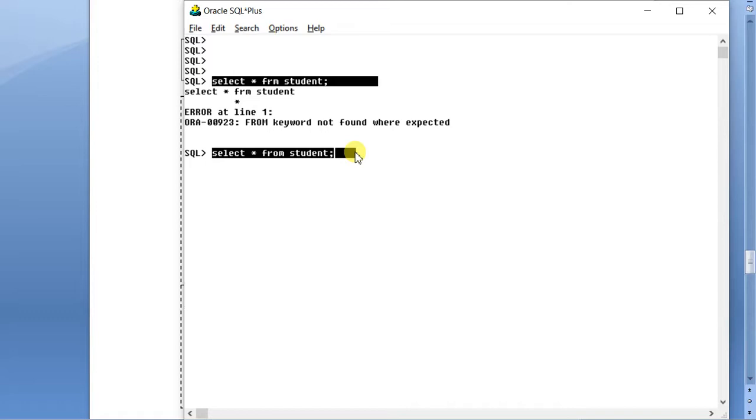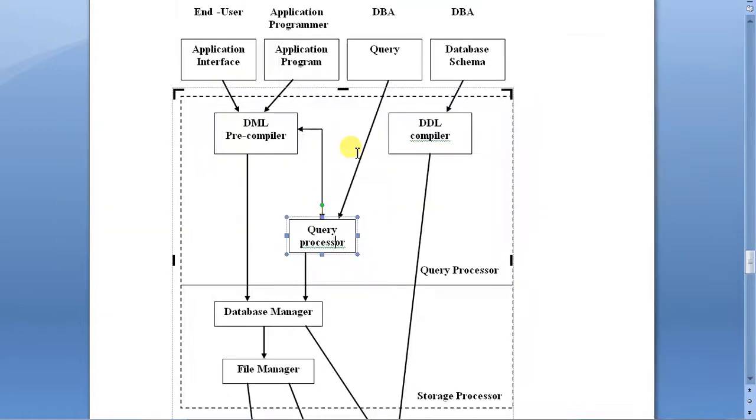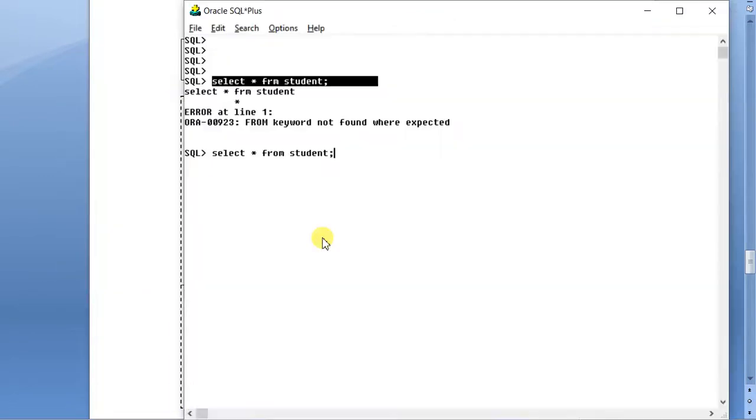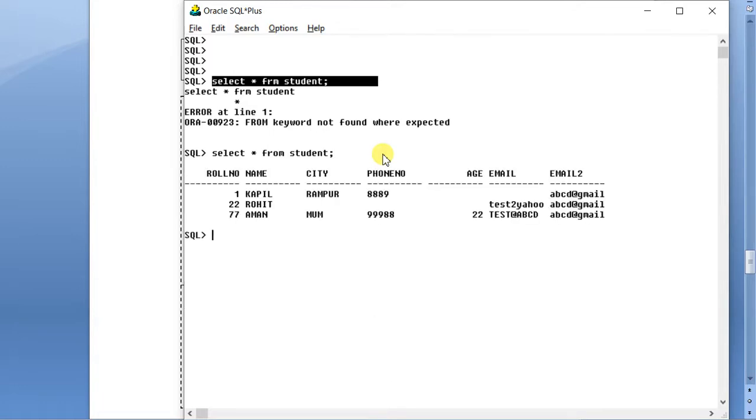So internally this query executes as a larger code. There is a code behind this query, and that code needs to be executed. So what does the query processor do? This query processor processes this query internally and converts it into some kind of executable code. And that code processes it, brings your data from the hard disk and displays it to you at a very fast speed. So as soon as you press enter, you can see the data. But this data has come through a number of steps or processes.